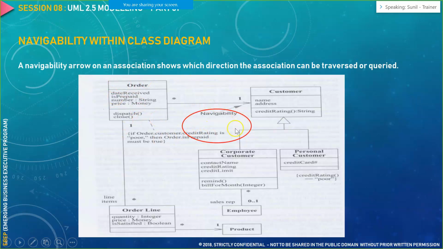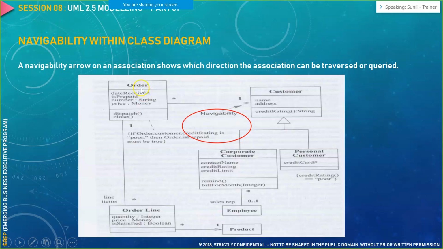Now this is how we do navigability for a particular class diagram. So here if you see, navigability is an arrow that shows an association where the direction of the association can be traversed and queried.